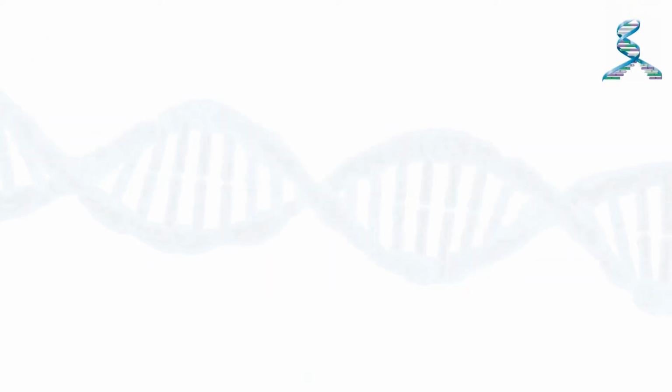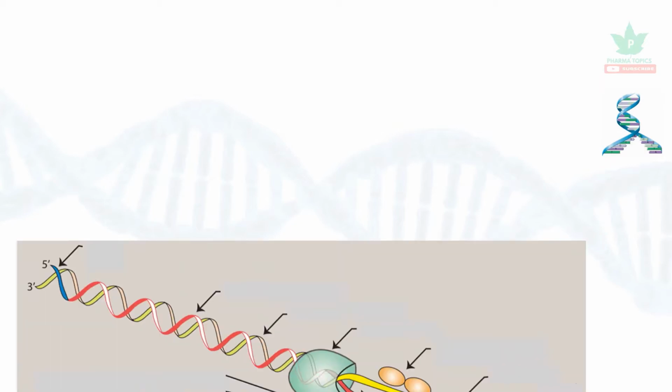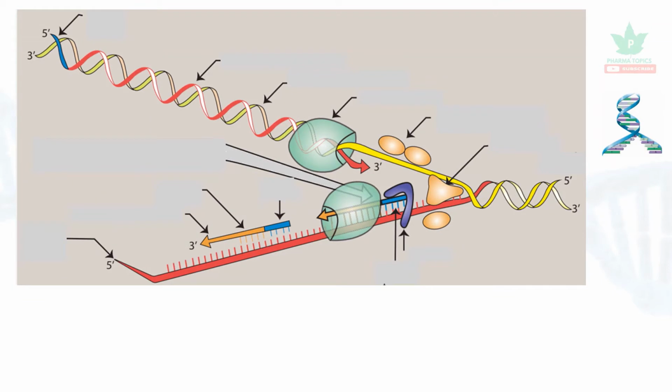So for DNA replication to happen, the DNA has to unwind, and only then will the DNA replication happen. Many enzymes and many proteins are involved in this, and it's a very complicated process, but we will understand it in a simple manner. So it looks like this. Let us take this as the parent DNA helix.